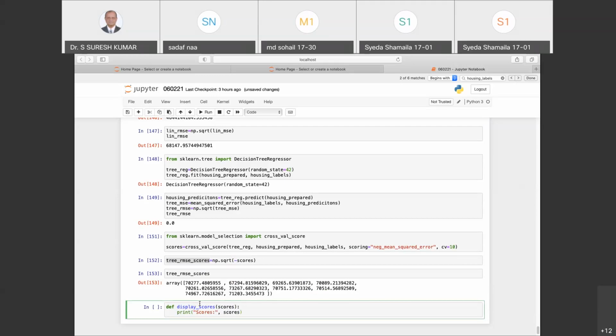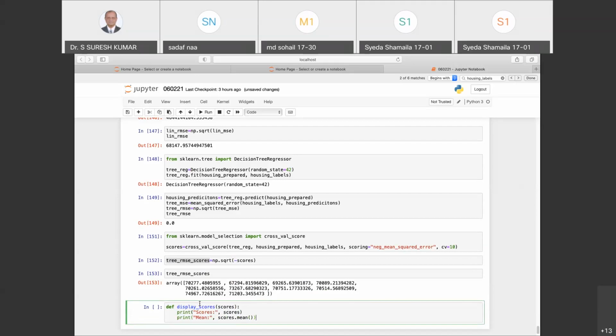And I will also print my mean, which is nothing but scores.mean(), opening and closing the brackets.